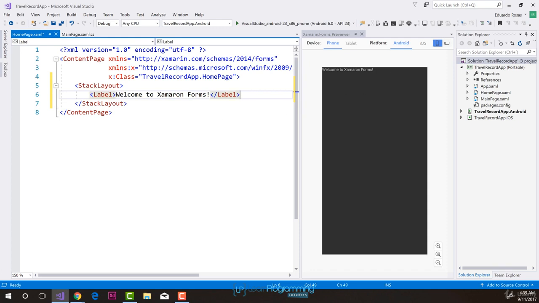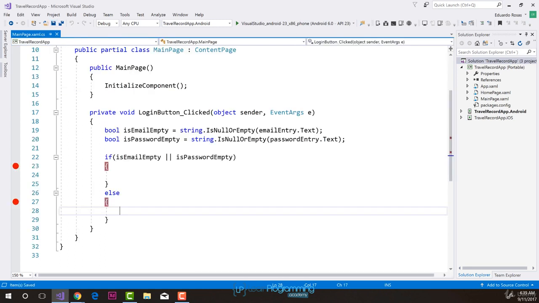But let's go ahead and continue implementing the navigation. We now have this home page that is going to be the one to which we want to navigate. And we want to navigate to it from the else statement inside of our login button clicked event handler. So let's go ahead and navigate to that. On Xamarin Forms, it is very easy to navigate to a different page. All we have to do is write